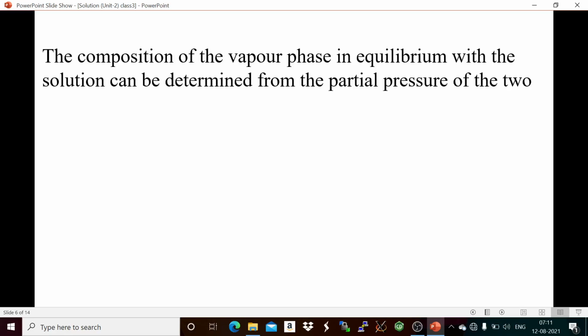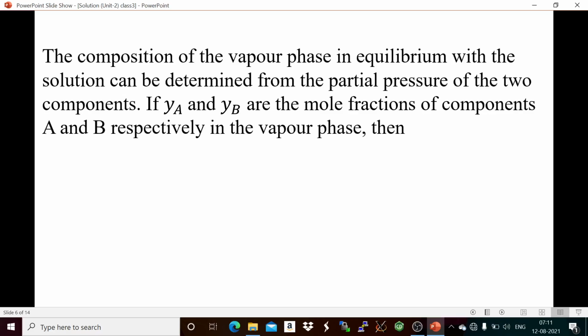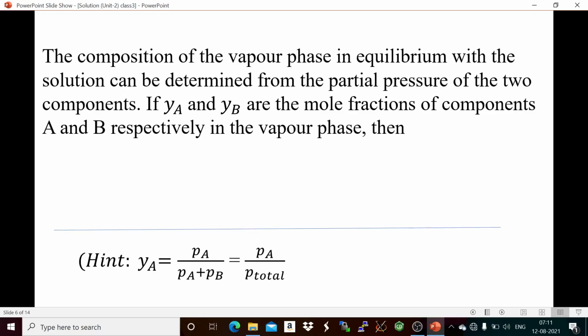Next topic is the composition of the vapor phase. Now we consider a liquid solution with composition XA, XB. So these are the compositions of components A and B in the liquid phase. Now if YA and YB are the mole fractions, or composition, of components A and B in the vapor phase, then we can say